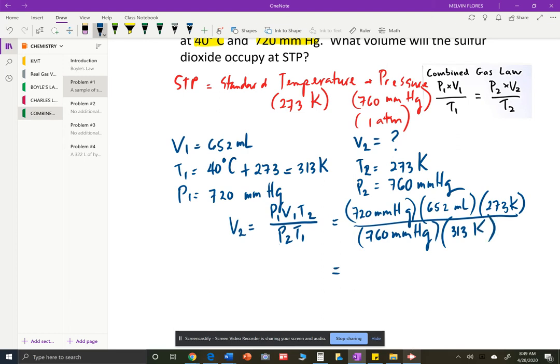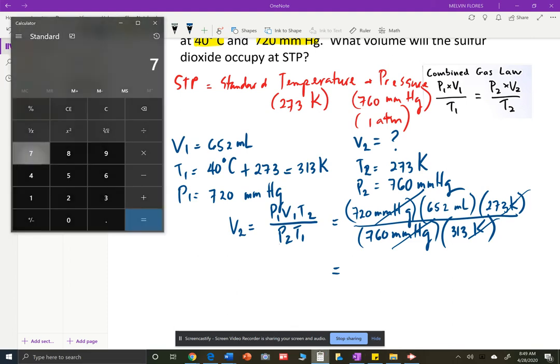So you have to make sure you cancel out the units. So millimeters of mercury, and then of course Kelvin is cancelled. And then we get the milliliter as our desired unit. So all you have to do is multiply 720 times 652 and then multiply by 273, and then we will get there